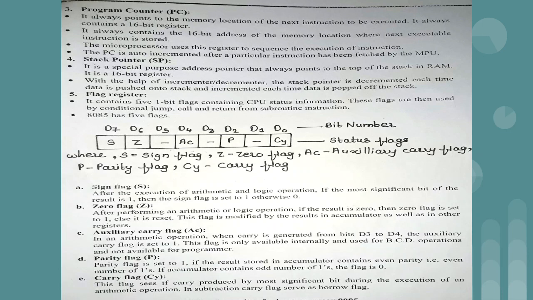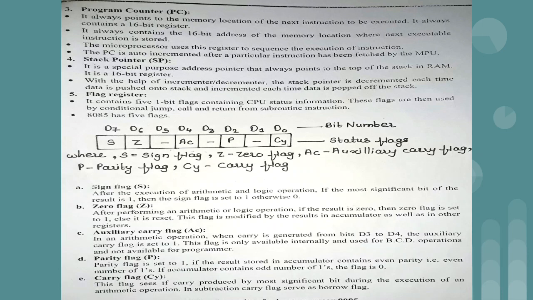But when we see the register, and if this particular flag is set to 1, it means the result which we got is a negative result. So the sign flag is set in that situation when we are having the most significant bit, that is the MSB bit, as a 1. Otherwise it is set to 0.